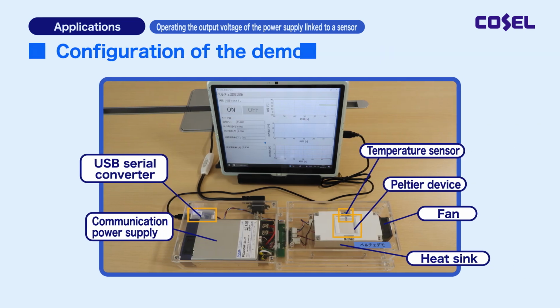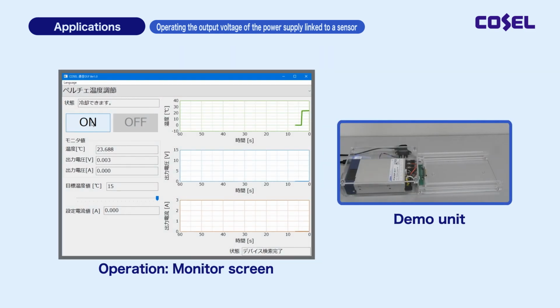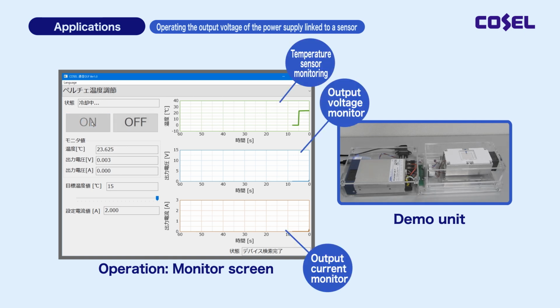Here is a demonstration of temperature control using a Peltier device. A Peltier device and temperature sensor are used to control the temperature from room temperature to a sensor temperature of 15 degrees Celsius. The controller reads the temperature on the temperature sensor at regular intervals and calculates the set value